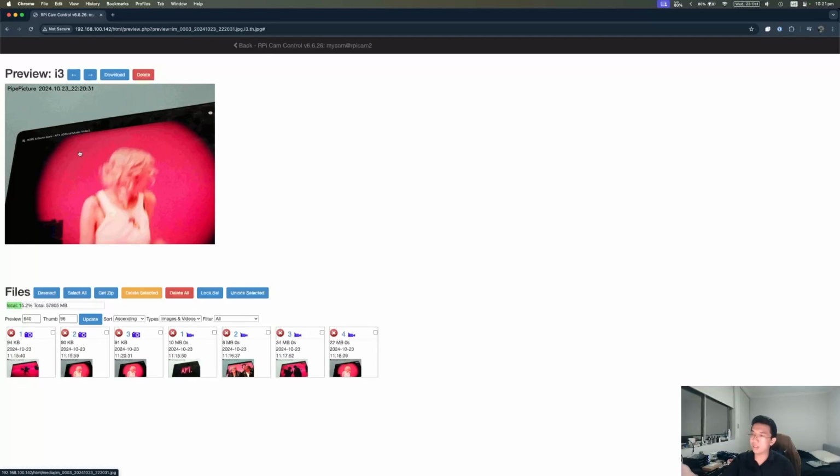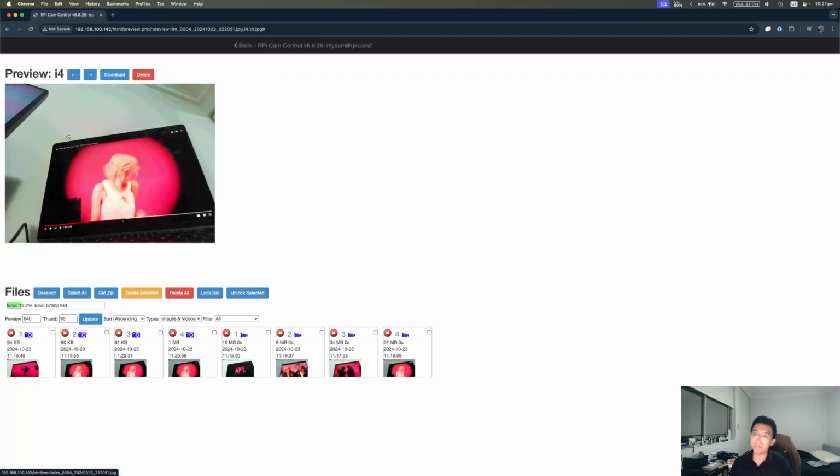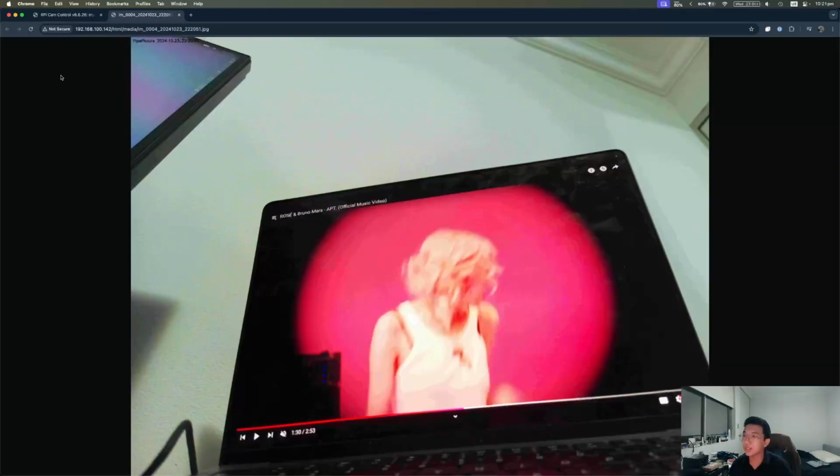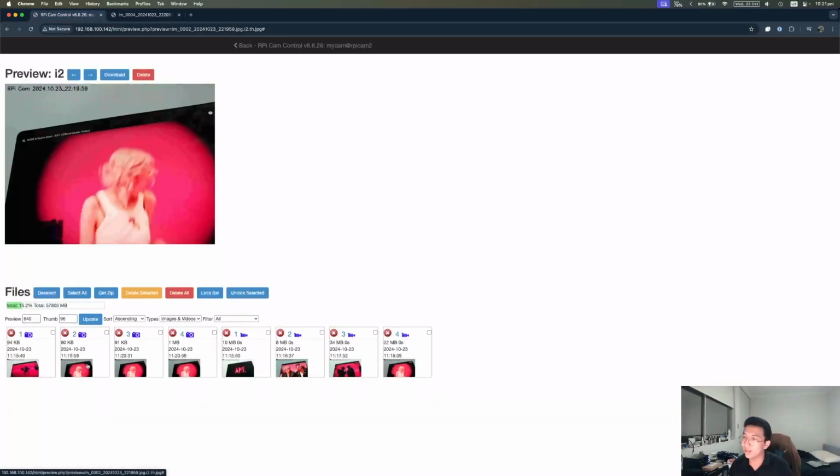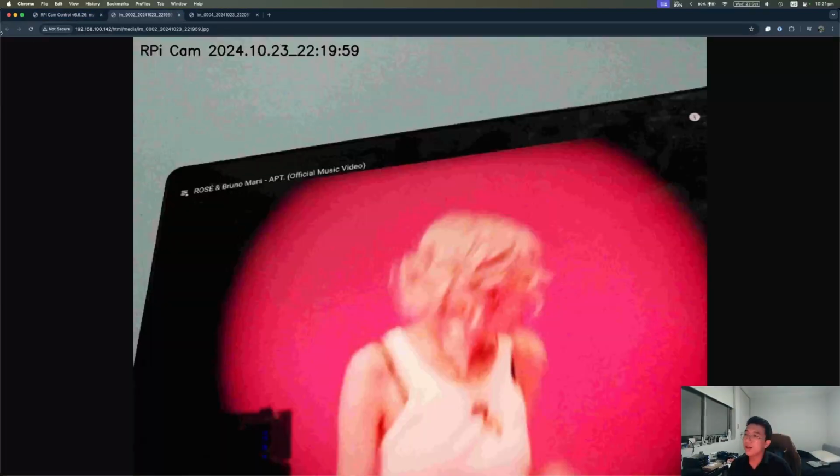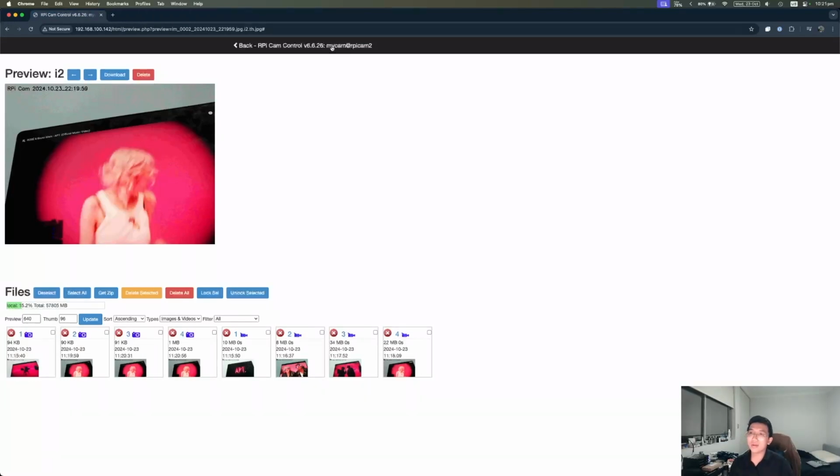But this is the pipe picture using the IM command. If I reload it a bit, this one will show up, and you can see it's a much bigger resolution. You can see the pipe command is in the corner now, and you can clearly see the title is in much better resolution than the other picture. You can see right here. Okay, so